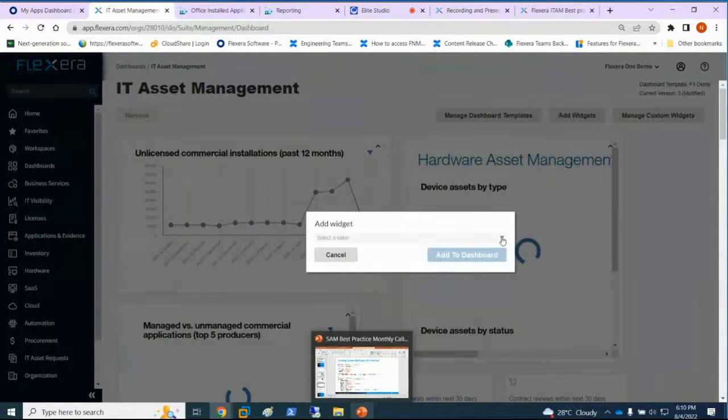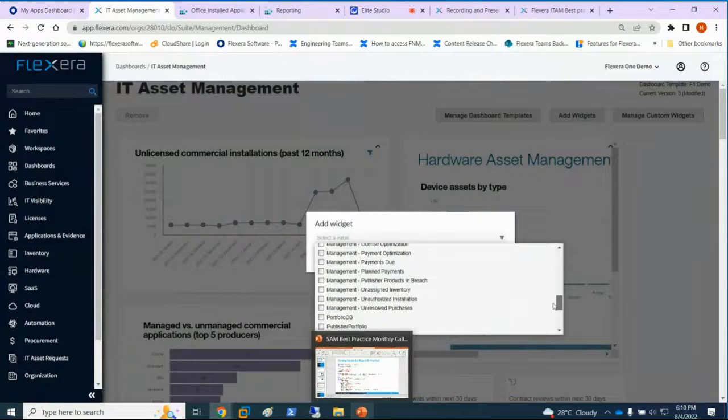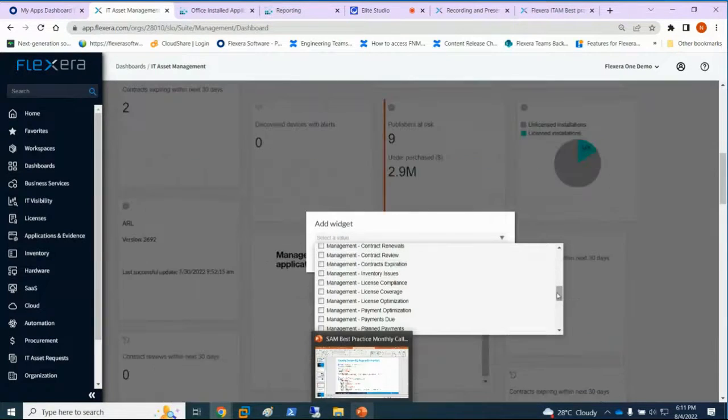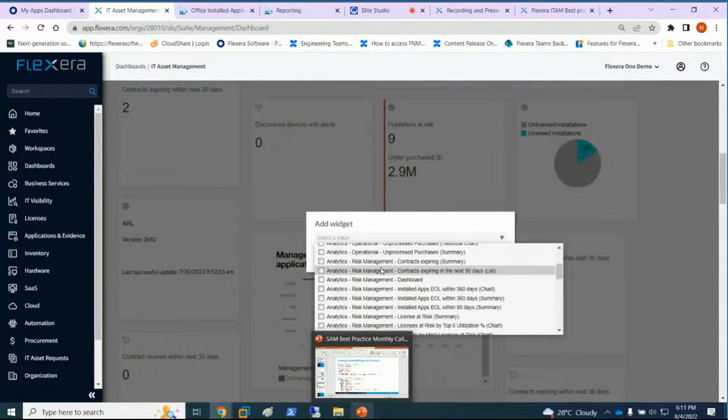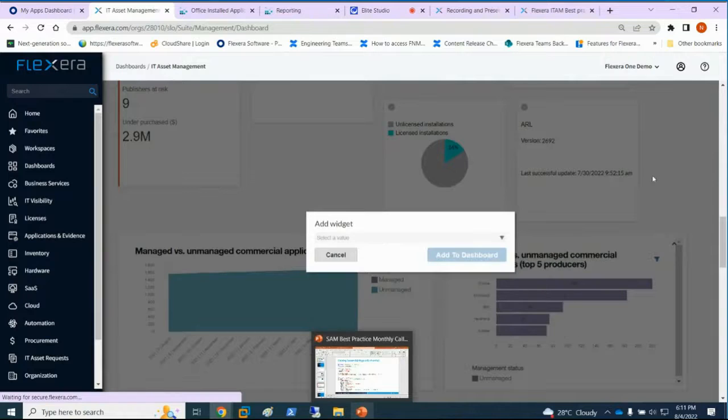And here, if you click here, you have the flat list of all the widgets that exist today that we have created, which are sometimes some Flexera FNMS hard-coded widgets, or sometimes some analytics widgets, which are created in Cognos. And what you can do with any report or widget you create in Cognos,